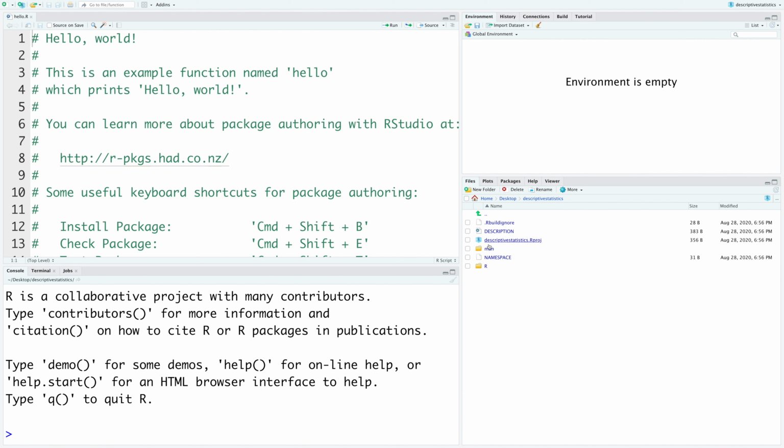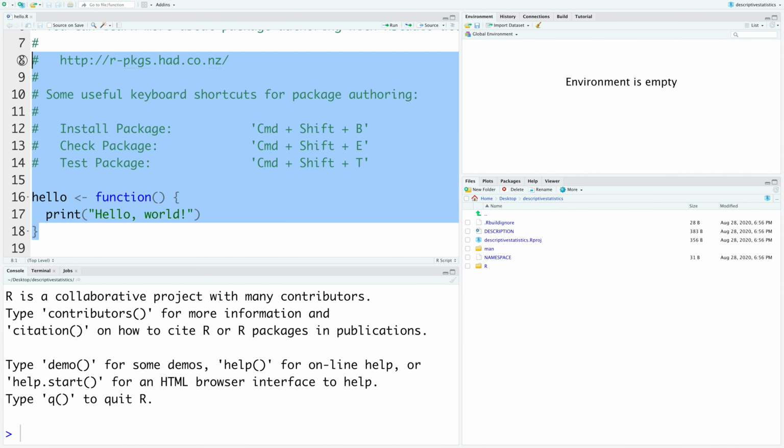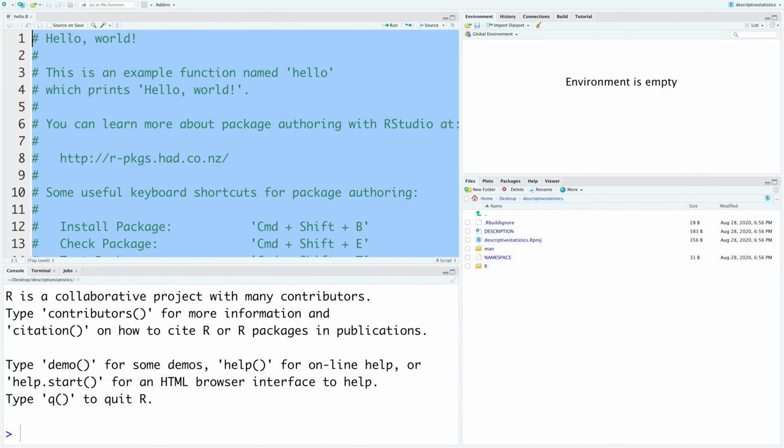You have DESCRIPTION, and then you have the descriptive statistics .Rproj file, and man is for manual. Inside that you have hello.Rd, and then NAMESPACE, and then there is an R directory. So I'm going to remove this.